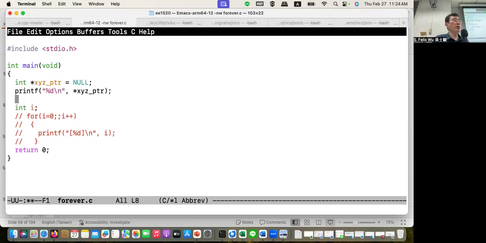Okay, I'm writing a very simple program, only 2 lines. In the first line, I define a variable called XYZ PTR. The type is a pointer to an integer. And in the second line, I'm just printing the content of that integer, through XYZ PTR. So I basically just print out an integer through a pointer. I never allocate memory. Okay, if I run this program,